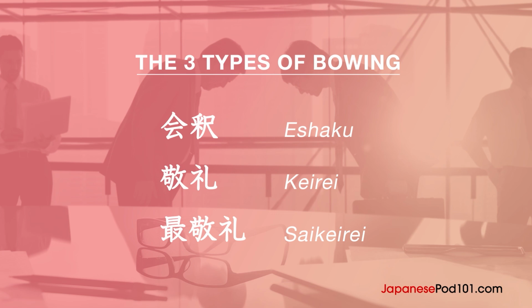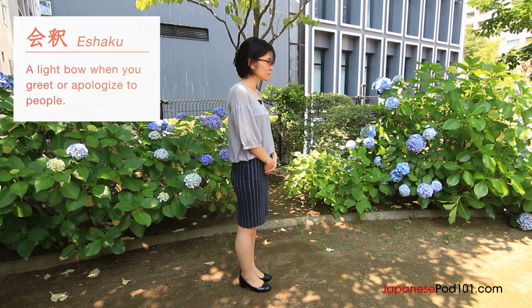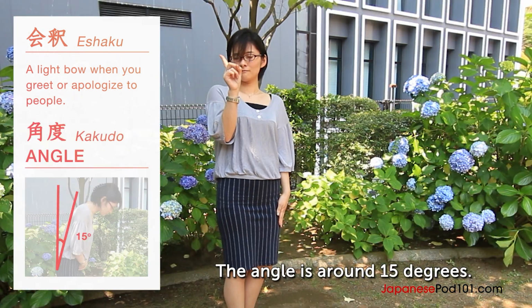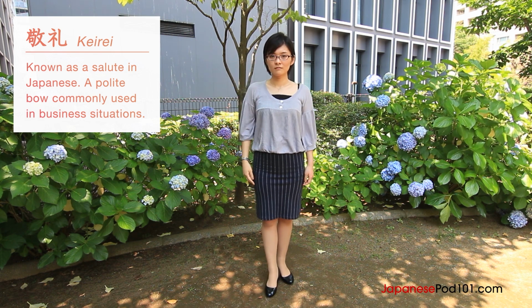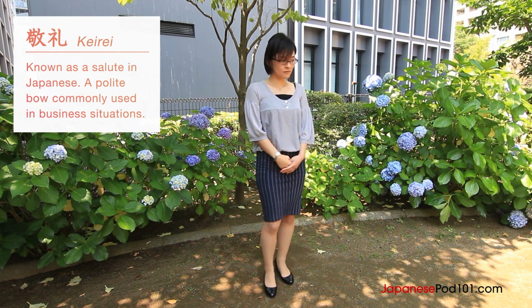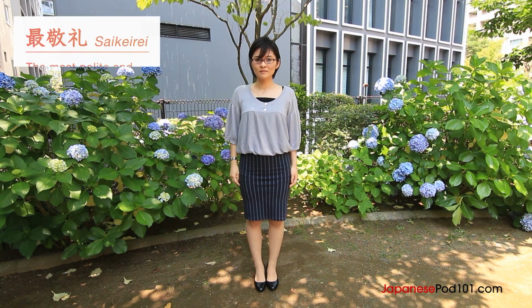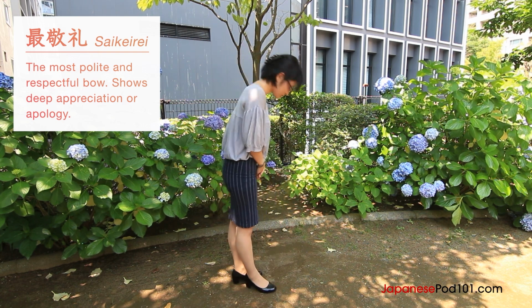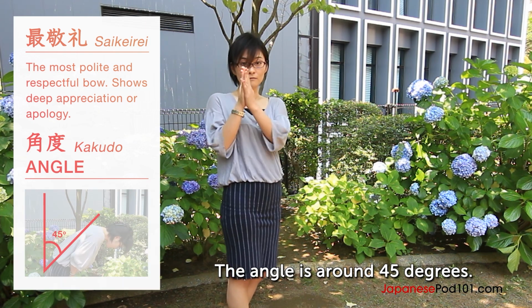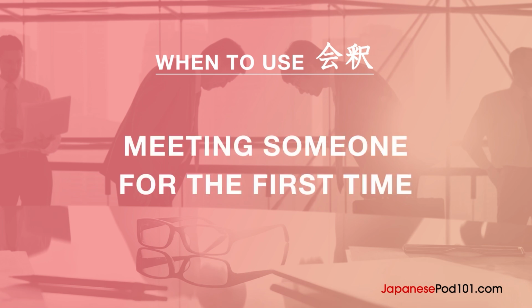There are three types of bowing. 会釈、敬礼、再敬礼。会釈 is a light bow when you greet or apologize to people. 角度は15度が目安。敬礼 in Japanese is known as salute, but this is also a name for doing a polite bow. This bow is commonly used in a business situation. 角度は30度が目安。再敬礼 is a most polite and respectful bow to show your deep appreciation or apologize. 角度は45度が目安。